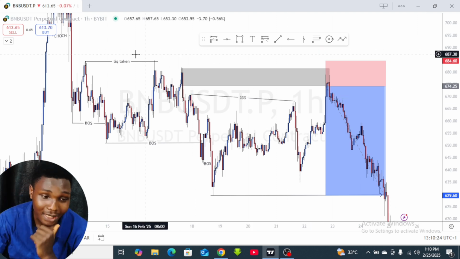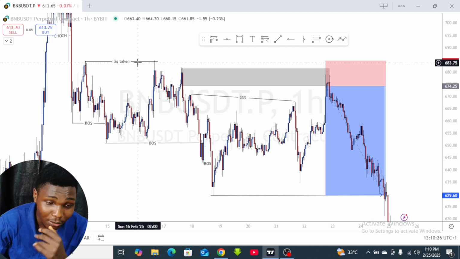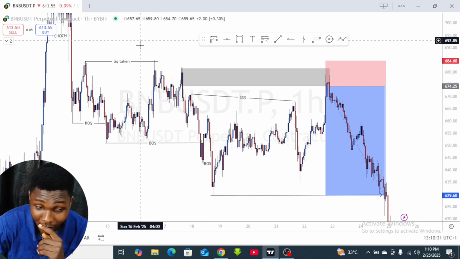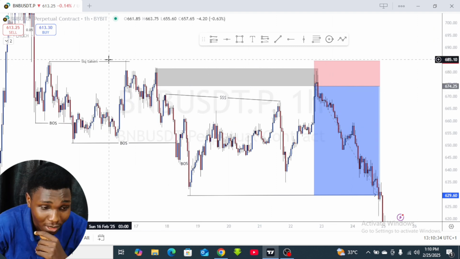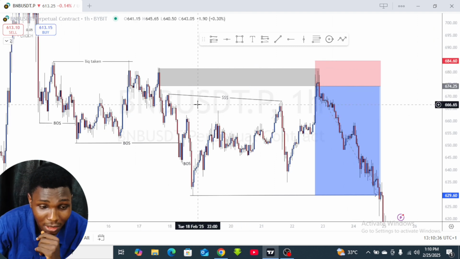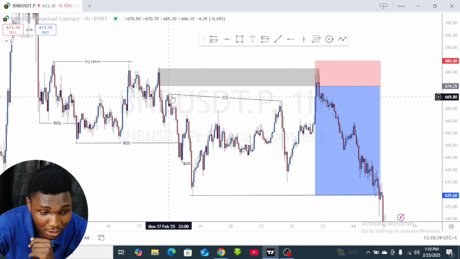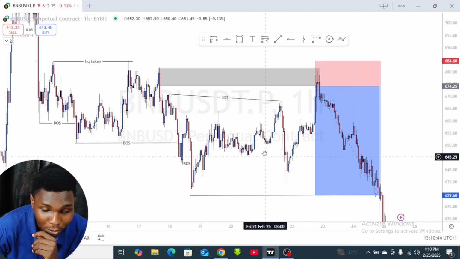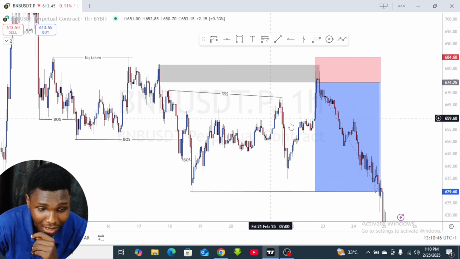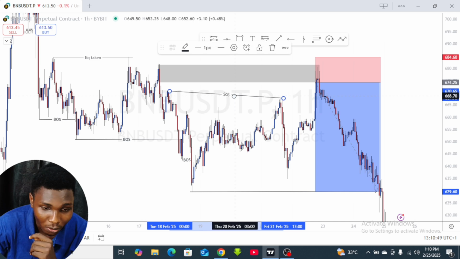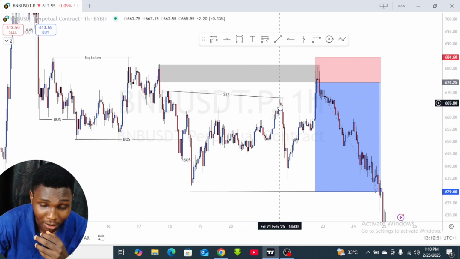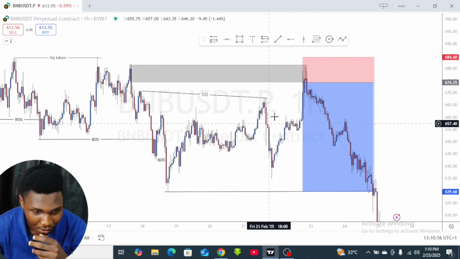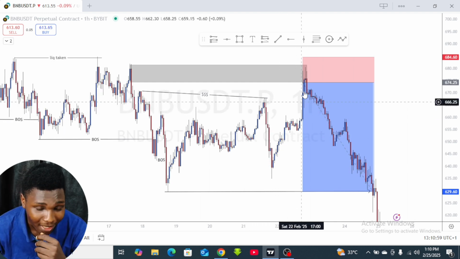Now, if you look here, you can see I marked out this liquidity that was taken. This liquidity that was taken is just an extra confirmation that our price has no intention, should have no intention, of going back to the upside. Now, after we see liquidity taken, we can also see a liquidity build-up that happened here between this low before our supply zone to the high that we refused to sell off continually. So we mark out this place as our liquidity trap, where we expect price to give a false movement down before trading to our supply. And just as you see, we see this price movement down, and then we traded into